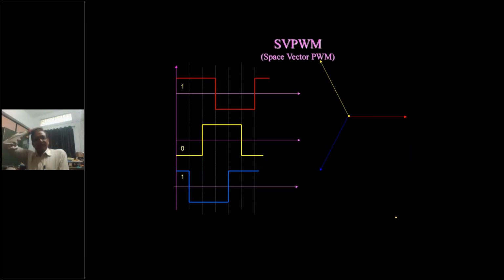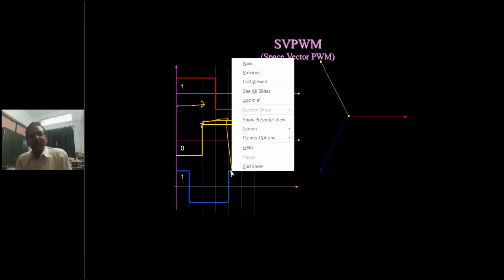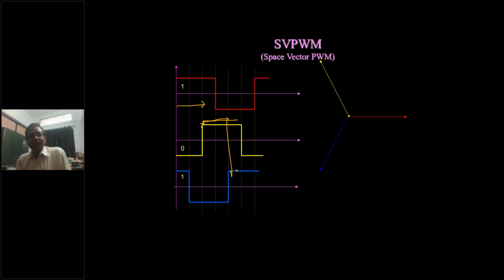Now see, this is the output voltage, 180 degrees. Positive half VDC, negative half VDC. From this, 120 degrees apart, there is the Y phase. Sorry, not 180, 120 degrees. From R phase by 120 degrees, the Y phase is there. From Y phase by 120 degrees lagging, the B phase is there. So like this we have R phase, Y phase, and B phase.